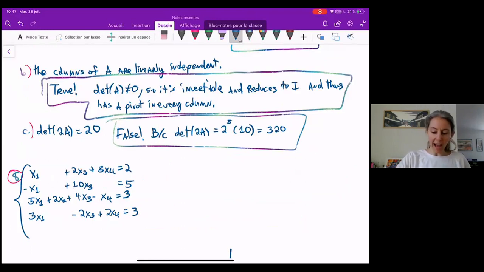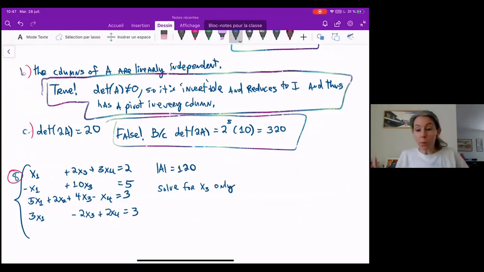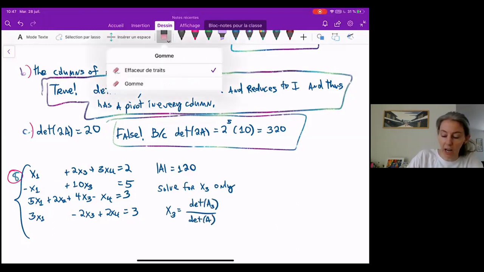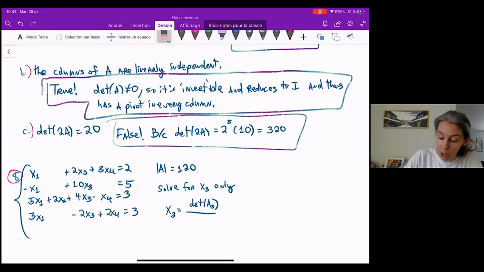Awesome. So here we have this system of equations, and we are told that the determinant of A is equal to 120, and we are asked to use Cramer's rule to solve for x3 only. So we're asked to find the determinant of A sub 3. A great way to start this problem, to make sure that you get at least 1 point for it, or half a point, or however many points it's worth, is x3 is equal to the determinant of A3 over the determinant of A. Let's say that you don't get the determinant, or you're struggling and you can't find it. Writing this down is a great way to get some part marks,